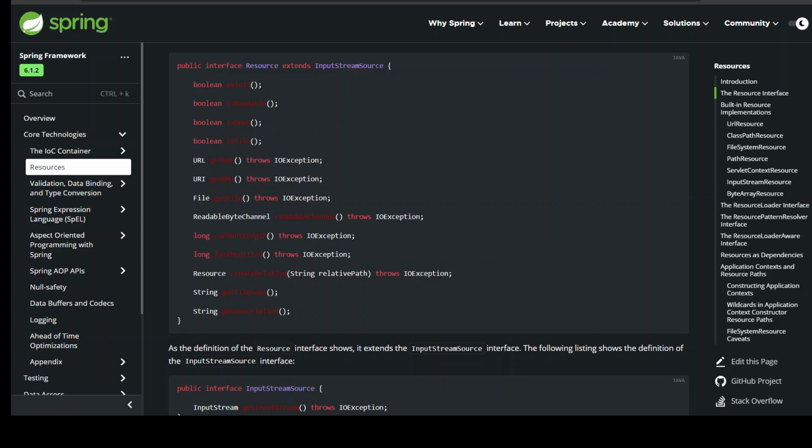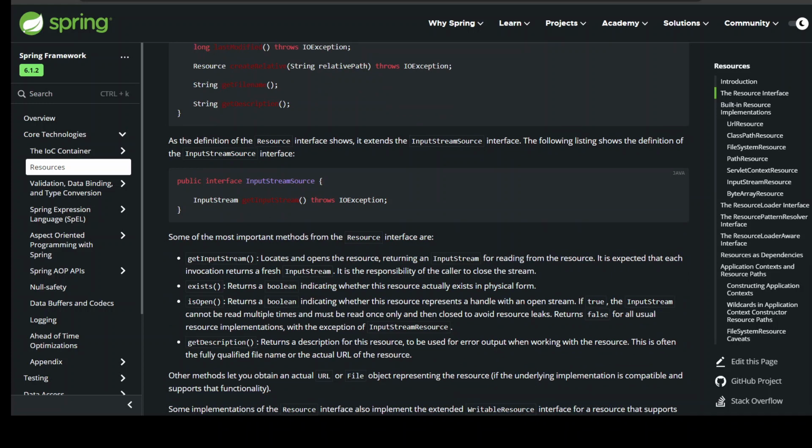As the definition of the Resource interface shows, it extends the InputStreamSource interface. The following listing shows the definition of the InputStreamSource interface. public interface InputStreamSource { InputStream getInputStream() throws IOException; }